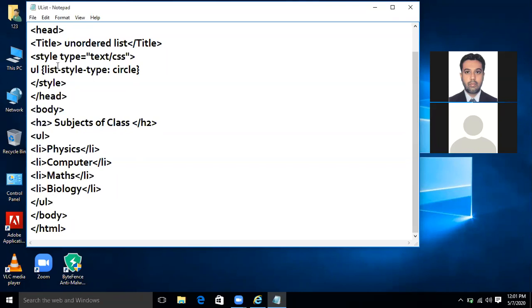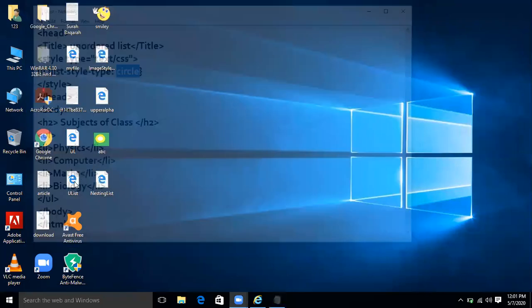And definitely in the style type, we have already mentioned in the head that the unordered list will have circle. Now I am going to close this file. The file name is unordered list dot html, and I am going to open the output.